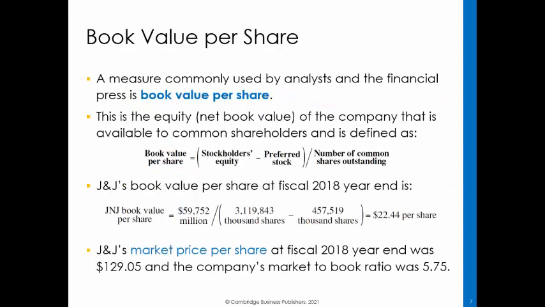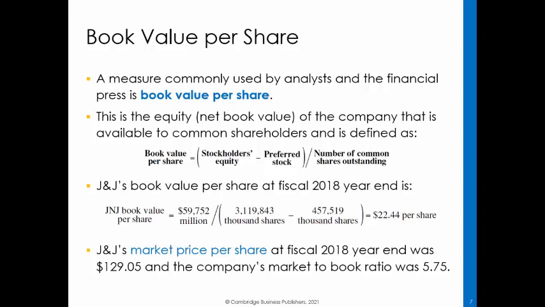A measure commonly used by analysts and the financial press is book value per share. This is the equity of the company that is available to common shareholders. Johnson & Johnson has no preferred stock outstanding as of 2018, and therefore the book value per share is the stockholders' equity divided by the number of common shares outstanding, which is shares issued less Treasury stock. The book value per share was